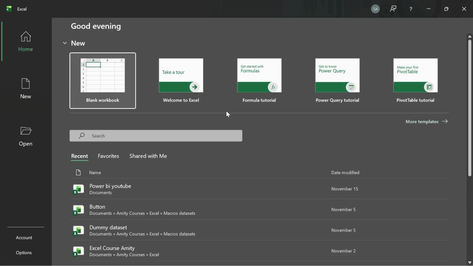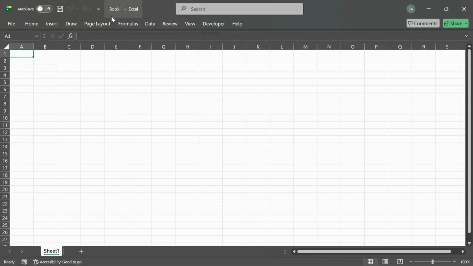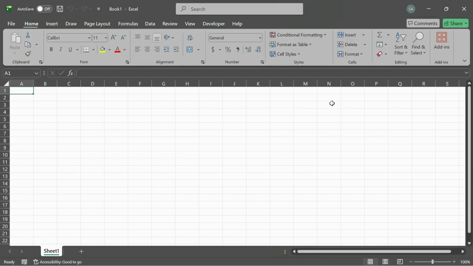Unlike a word processor, Microsoft Word, Excel organizes data in columns and rows, right? If I open a blank workbook here, you will be seeing the columns and rows, right? And the intersection of rows and columns is called a cell. Each cell can contain data such as text,